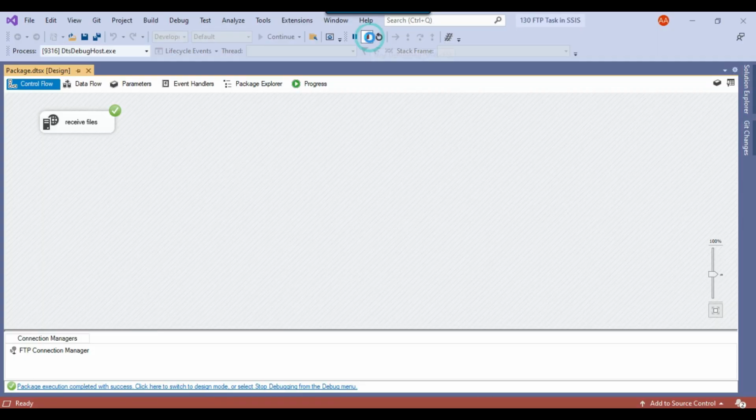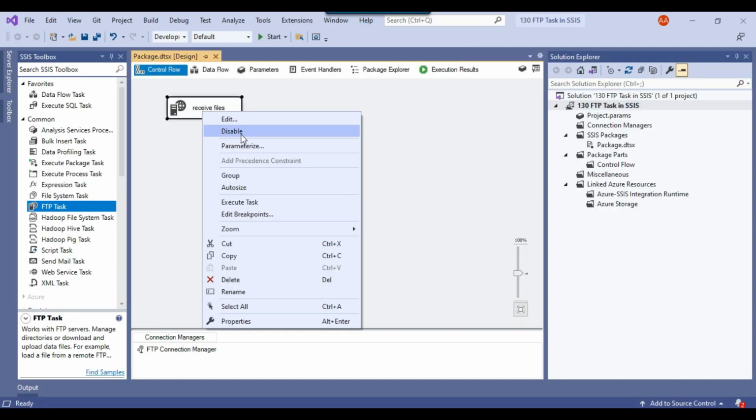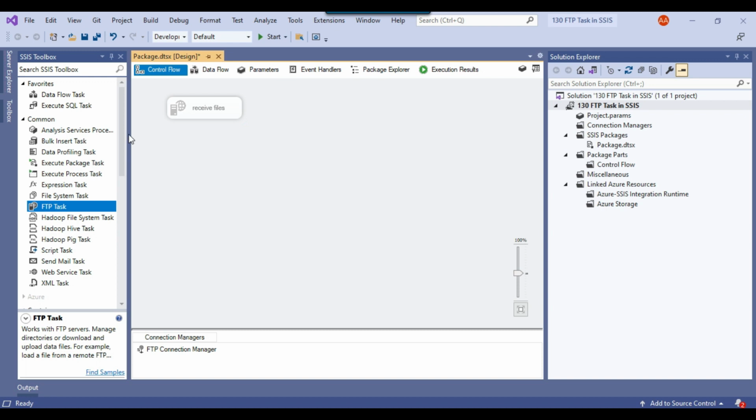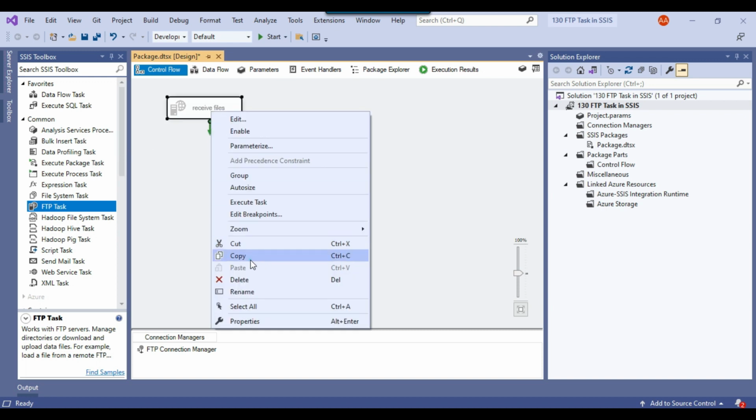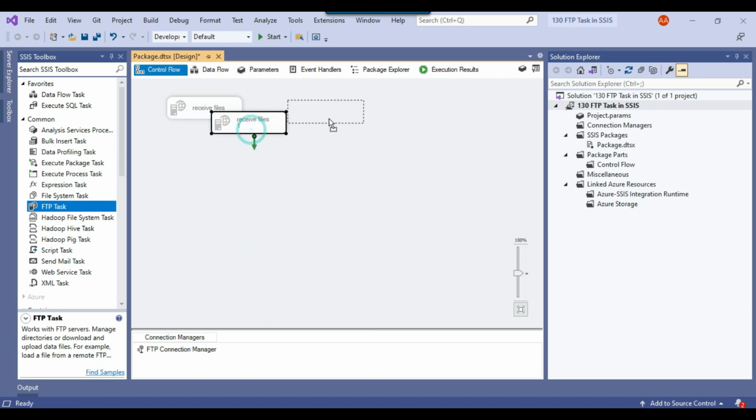And now suppose you want to upload a file to the FTP server. Let me copy this particular task, enable it, and rename it like upload file. Suppose you want to upload a specific file to a location on the FTP server.